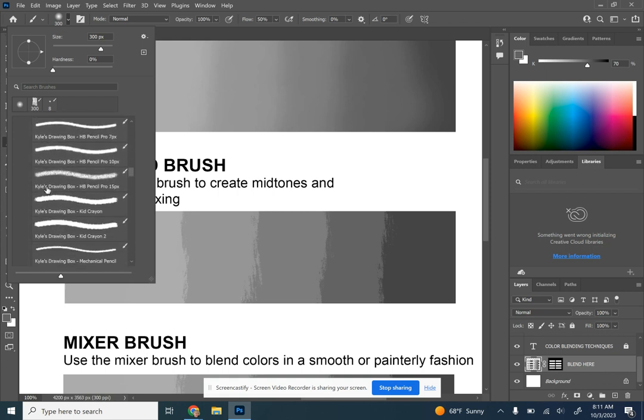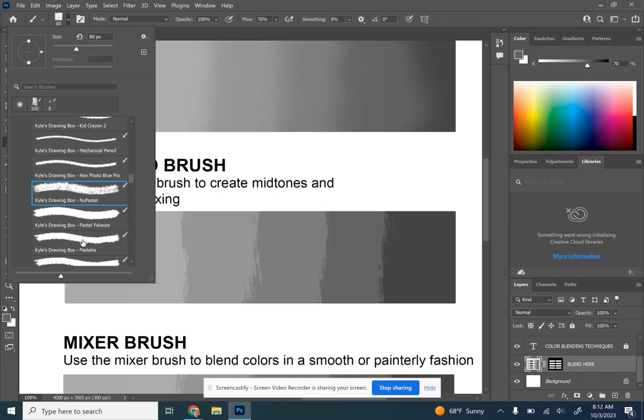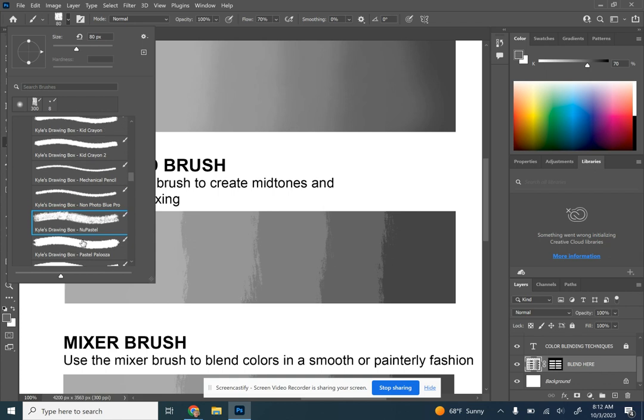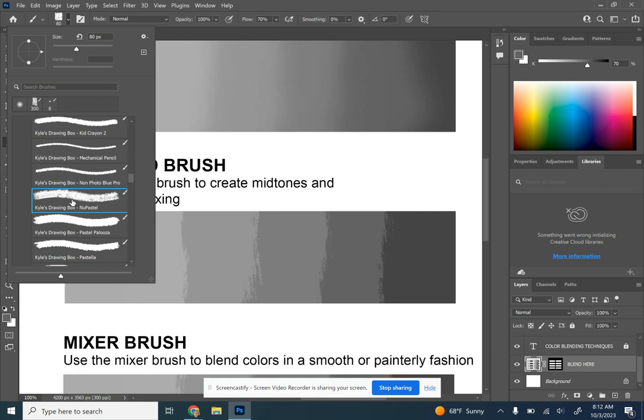One I like a lot is the NuPastel. So this one here where you're seeing textured edging as well as what's on the inside. So try to find one that you like. There should be a good few of them in the drawing pack, the paint pack, ink pack, and there should be some in the FX as well. So once you get that one selected,